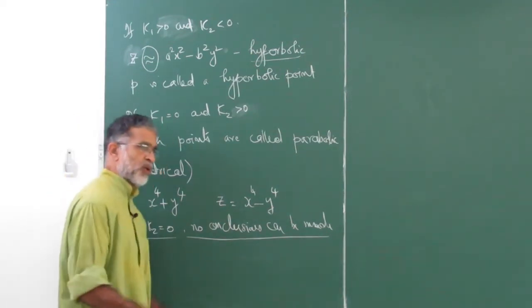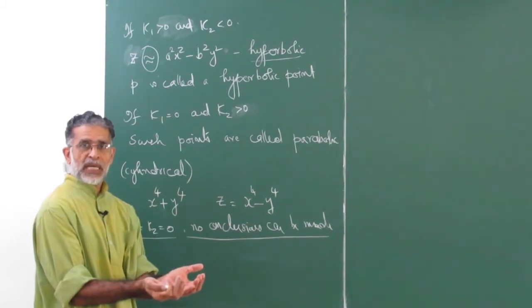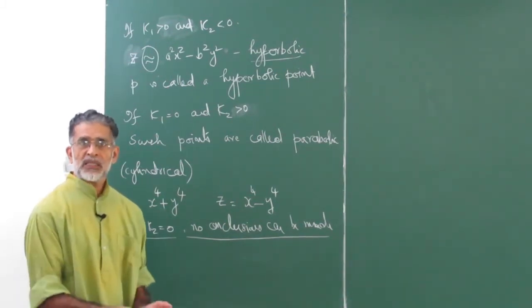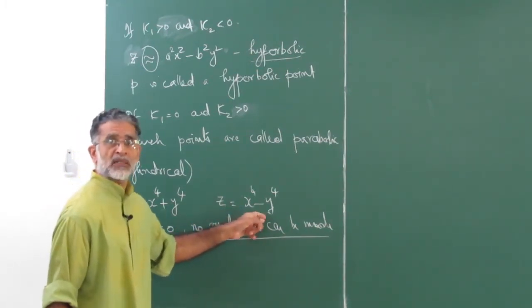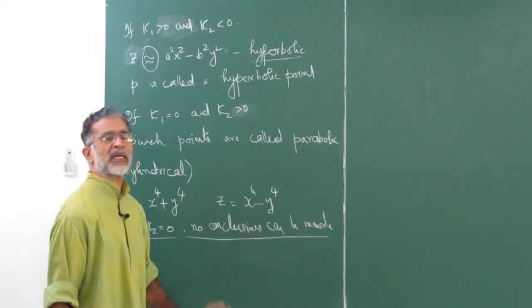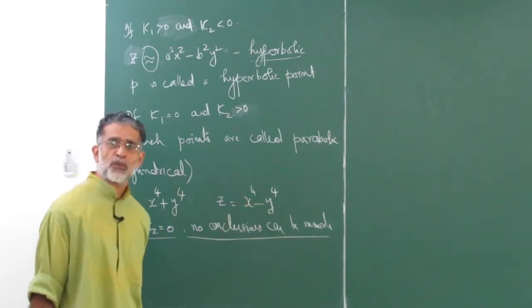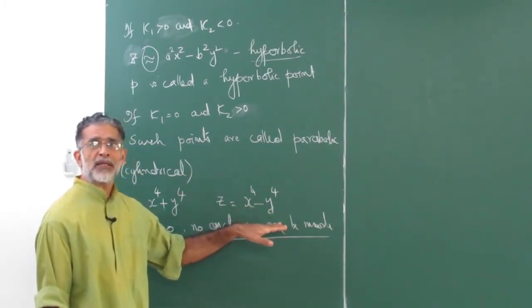Surfaces, as the degree becomes higher and higher, become flatter and flatter. The curving starts a little later. So significant curving, these things. But the behavior is exactly like x square plus y square, very close to x square plus y square and x raised to 4 plus x square minus y square. But that's not reflected in the second degree terms.